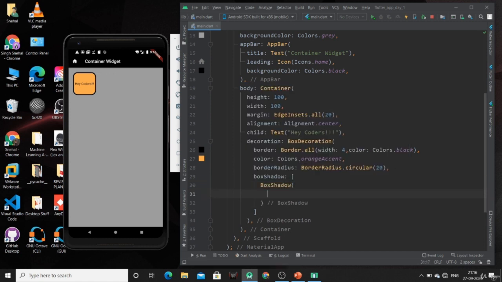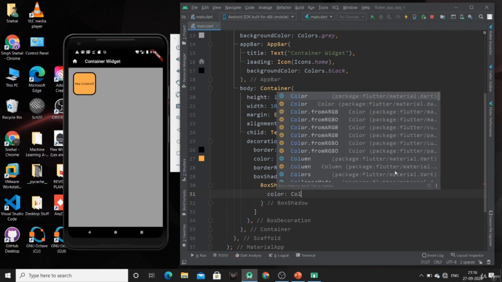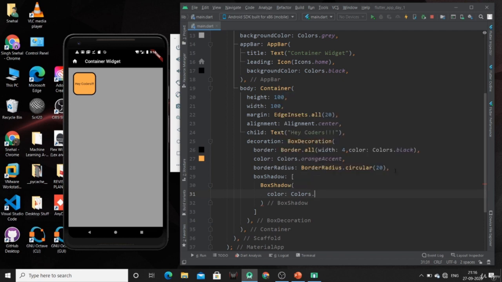Now just specify the color of the shadow which you want and the offset that you want to give. Now just hit Ctrl S. You can see one shadow appears for our container having color orange and offset 6.0.